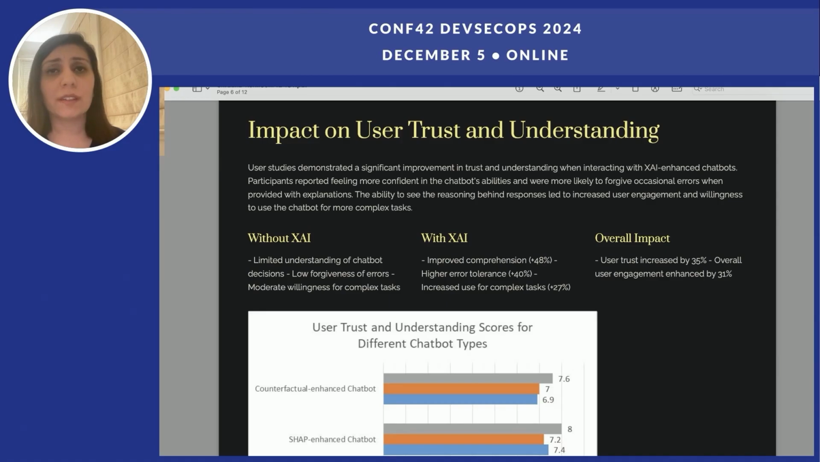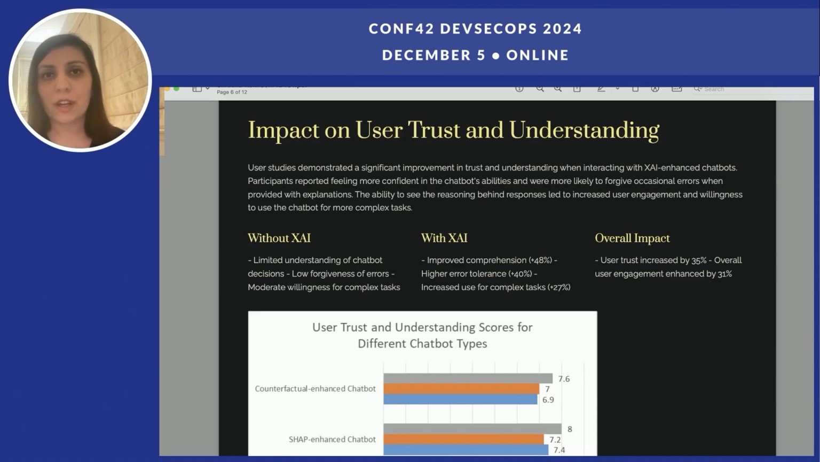Participants reported that they felt more confident in the chatbot's ability and were more likely to forgive occasional errors when provided with explanations. This whole black box sort of became a white box to them. The ability to see the reasoning behind responses led to increased user engagement and willingness to use the chatbot for more complex tasks. Without the explainable AI, they had very limited understanding of the chatbot decisions, and they had low